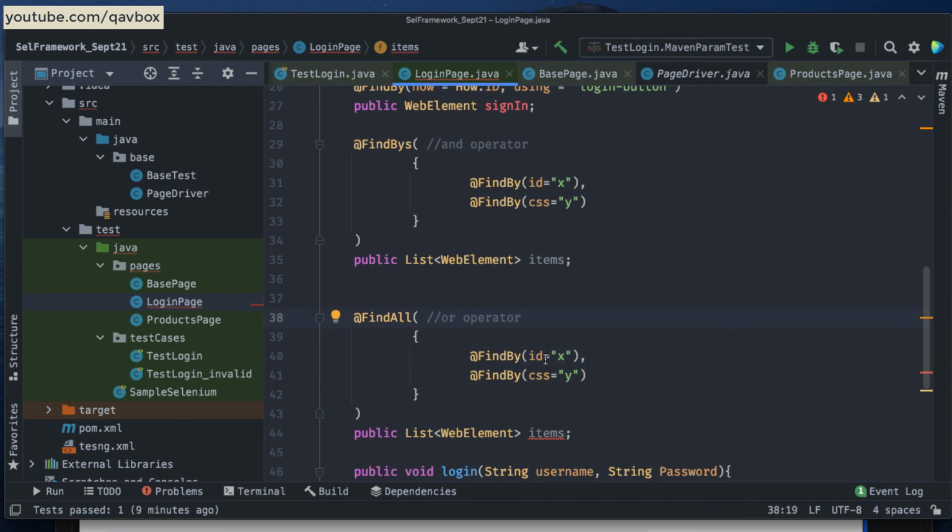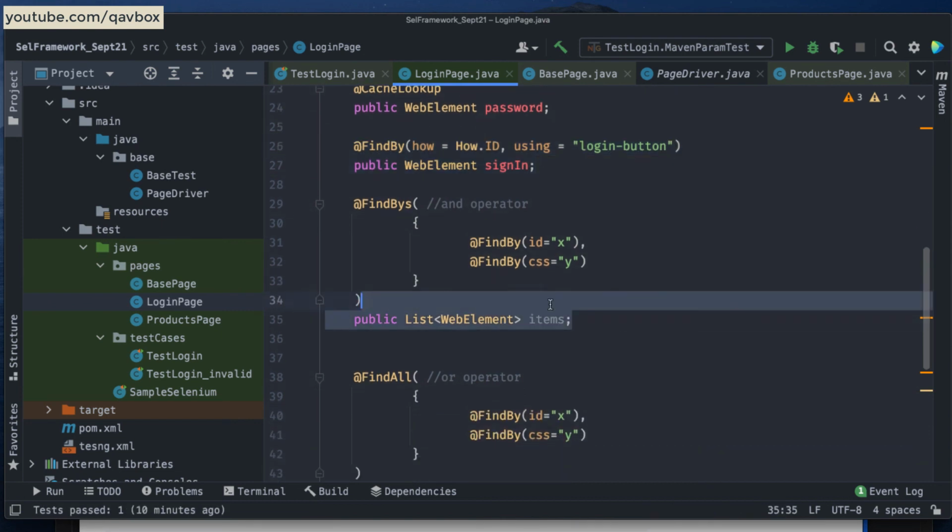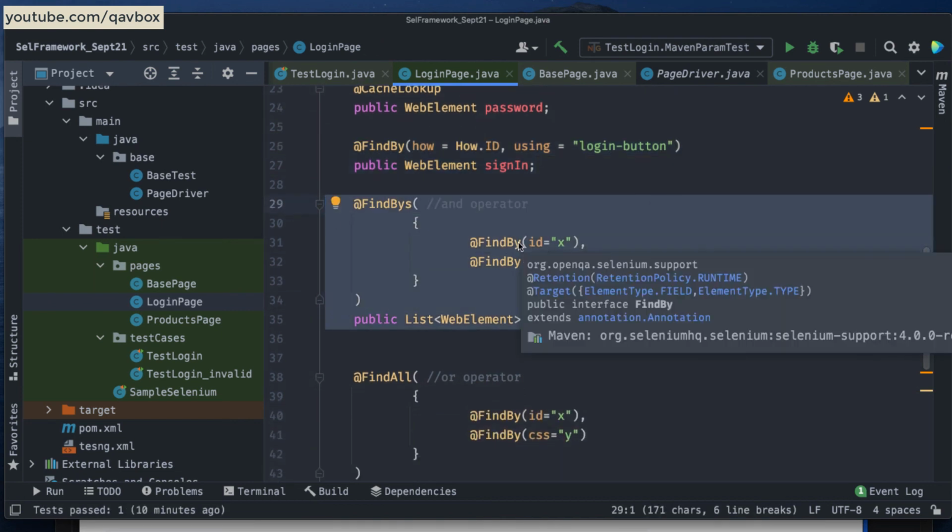Let's say that I have two elements where the id is matching in one element, and in another element the css selector is matching, then both the elements will be captured into this items list. I'm giving a name for it. So find bys is the AND operator where all the locator strategies I'm mentioning should match. Here, if any one of them matches, then it will be identified. So there are three different find by: this is for a single element, and these are for multiple search criteria.